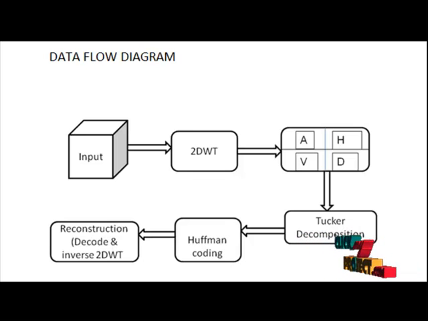The next one is Huffman encoding. Huffman coding divides an image into 8x8 blocks. Each block is a symbol to be coded. Compute adaptive Huffman codes for the set of blocks. Encode blocks accordingly. The next one is reconstruction. Decode and calculate the inverse discrete wavelet transform to reconstruct the images. Then finally, the compression ratio is calculated in this process.